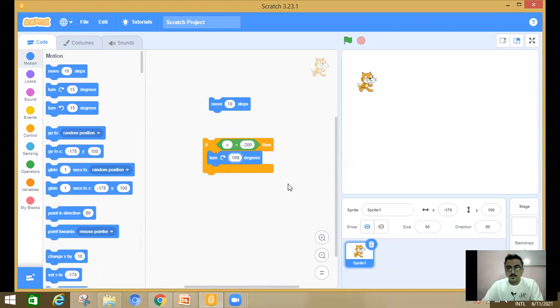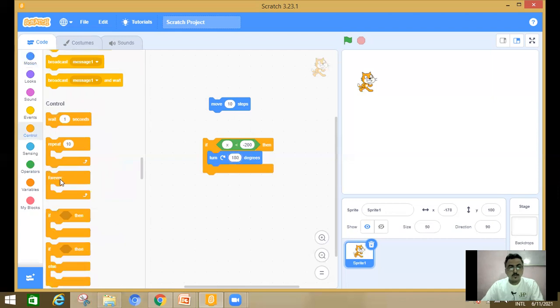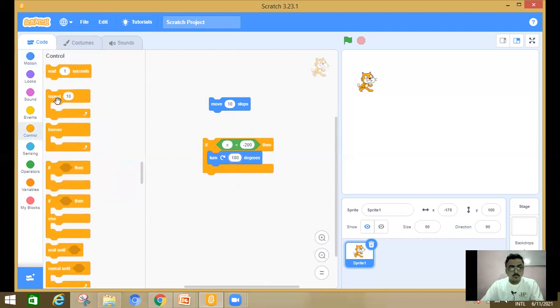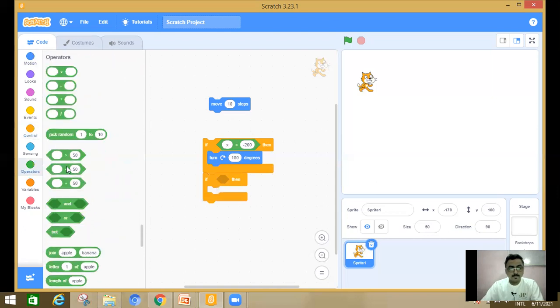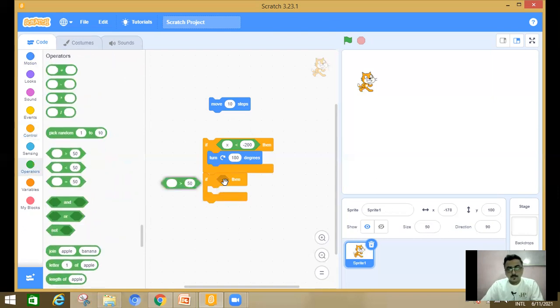Okay, the same thing is to be done again: going to control, drag the if statement, choose the operator greater than, drop it in the if condition.